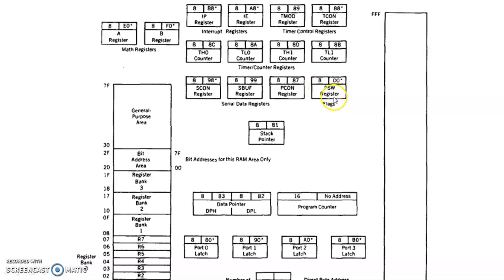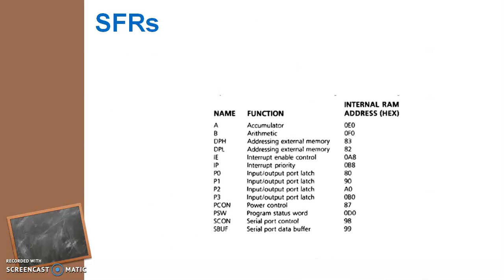Then we have the program status word, which is nothing but the flags of 8051, and which is also bit addressable. Then we have PCON, that is the power control register. There is one more special function register, which is the stack pointer. Apart from this, port 0, port 1, port 2 and port 3 are all special function registers, and all these 4 ports are bit addressable. Then the data pointer is not bit addressable, and it is also a special function register used to access the external memory. Next we'll see the various addresses of the special function registers.